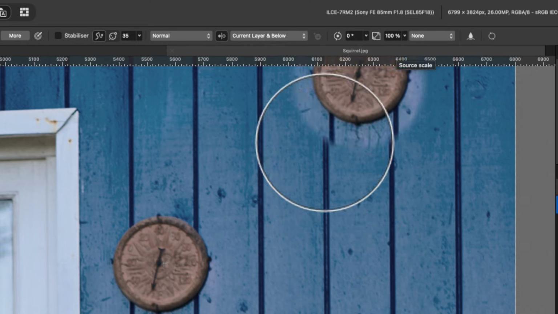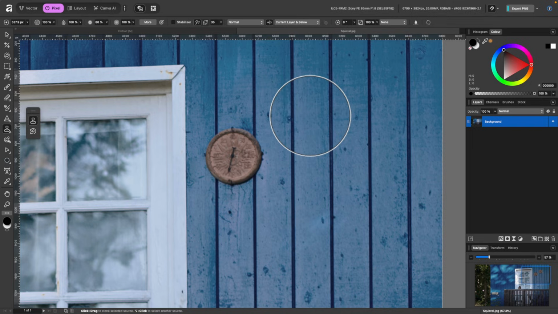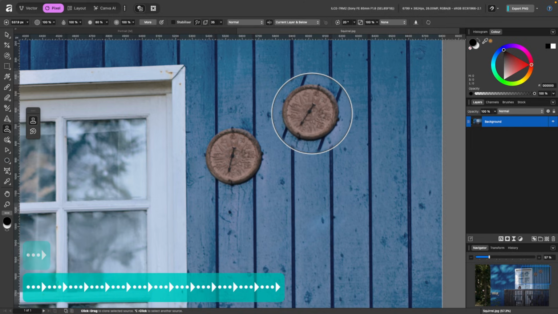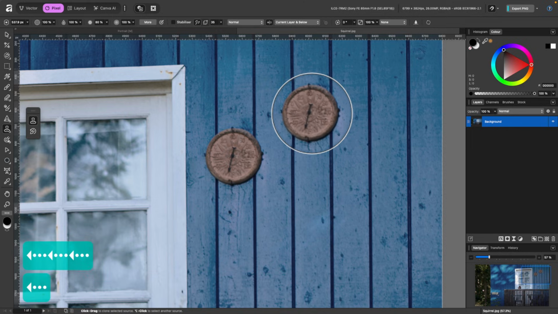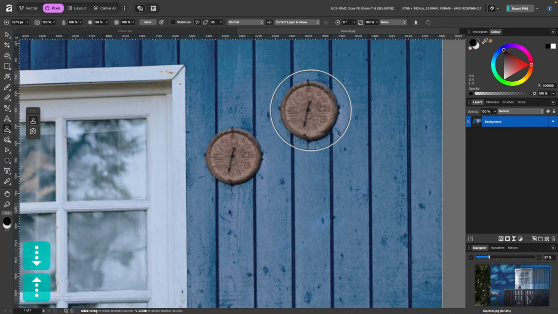You can do it all from there, or slightly easier, you can just use the arrow keys on your keyboard. If you use the left arrow key, it rotates left, right arrow key, it rotates right. Let me just make it go back to vertical where it was. If you use the up arrow key, it zooms in, and down arrow key, it zooms out. So I think it was around about there, and I'll just click once.